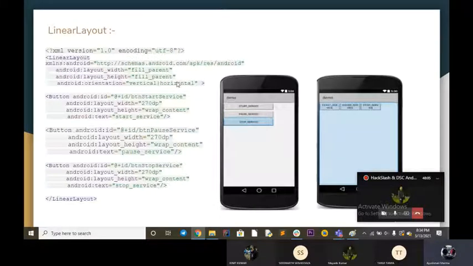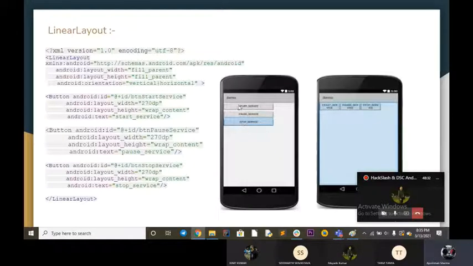Now we have talked about the elements. Now how to arrange them. So for that we have layout parts. Like here we have a linear layout. What linear layout does is that here, as you can see, we have 3 buttons and they are arranged in 2 different manners. So what linear layout does is it arranges the layout in a linear manner.